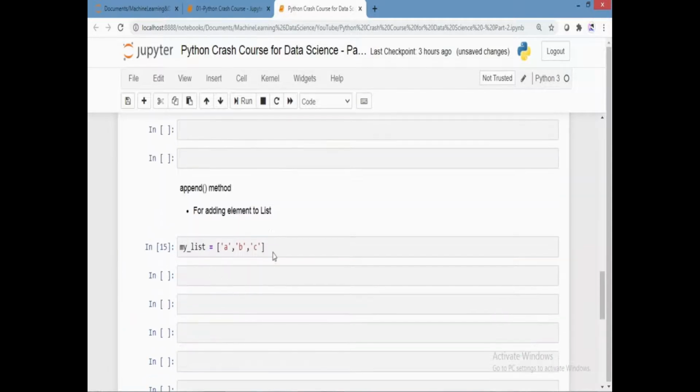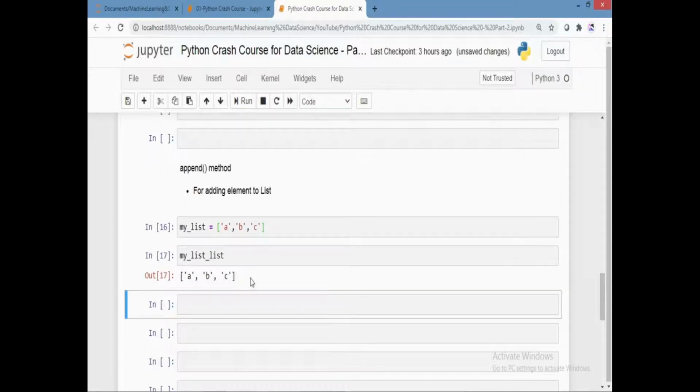Now call this variable. It's loading. Okay, so this is our list.